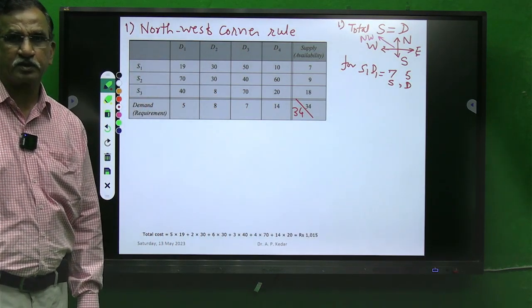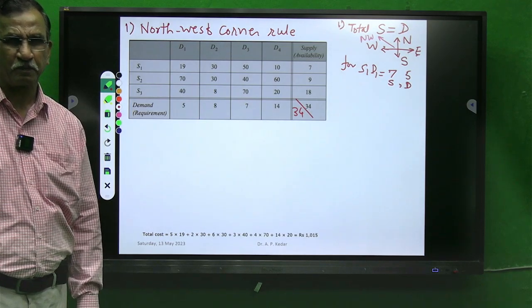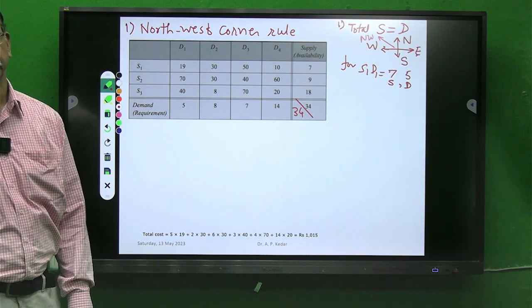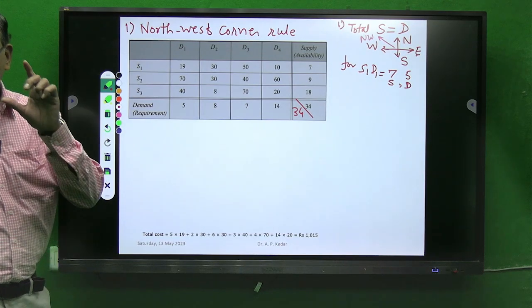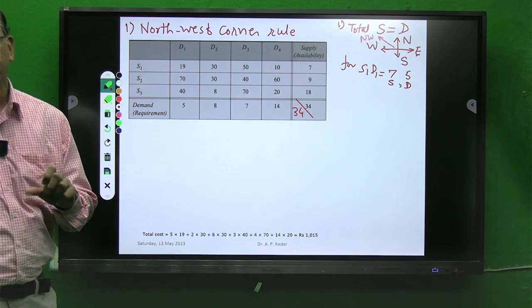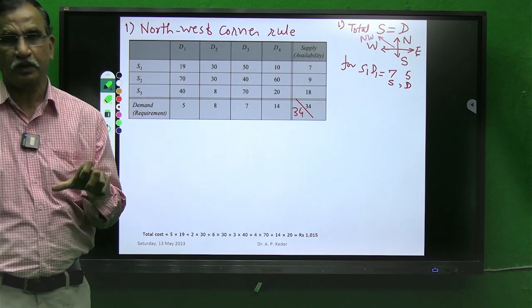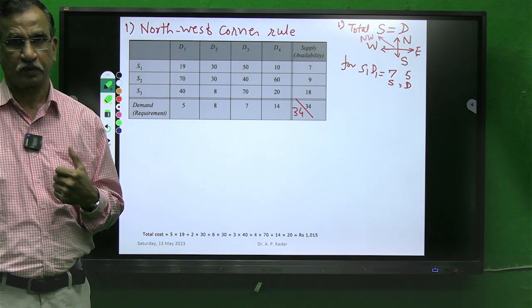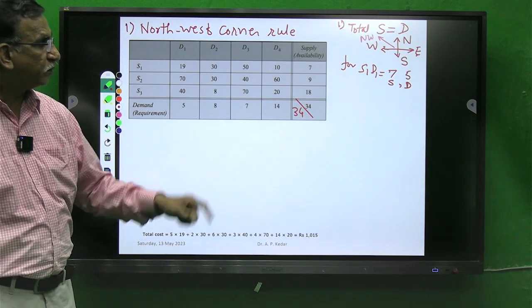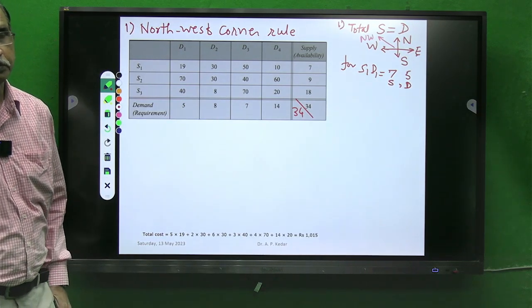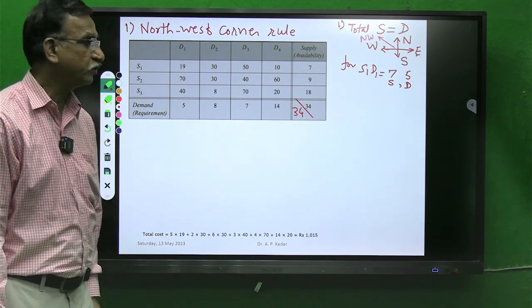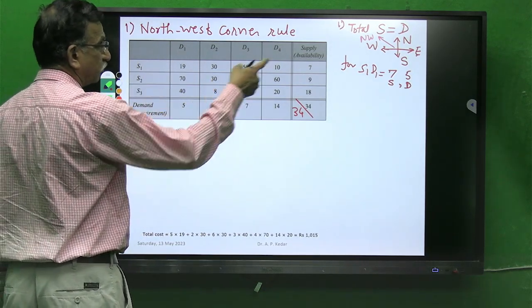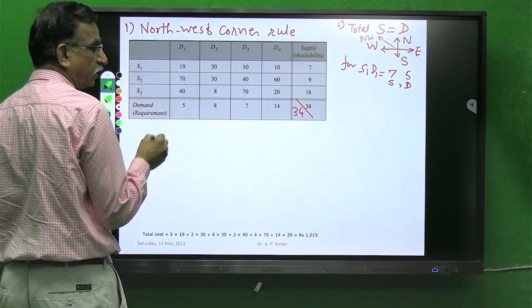Will it be that I will be supplying them 7? Yes? They are not asking. They are asking only 5. So remember one thing, when you want to allocate quantity to the cell, always allocate the minimum quantity. Amongst 7 and 5, which is minimum? Definitely 5 is minimum. So from this logic, for this northwest cell, what I will do,